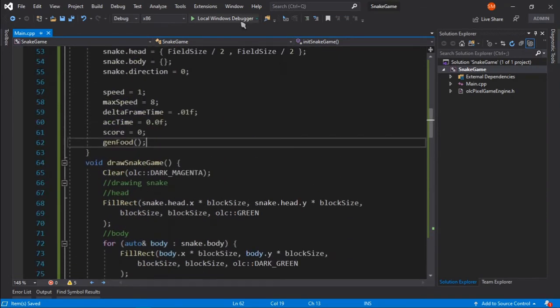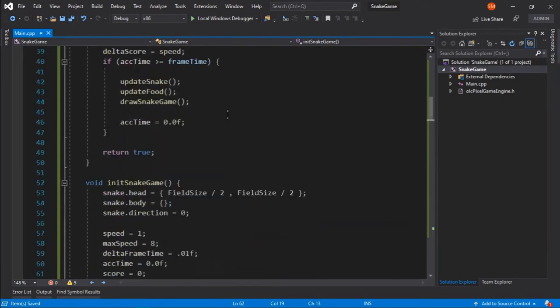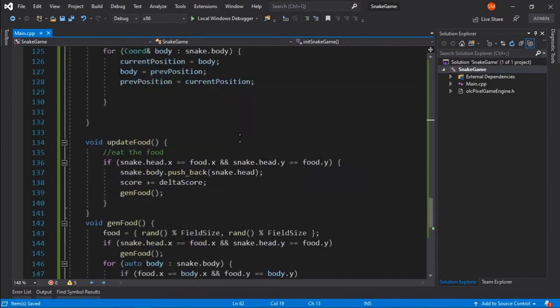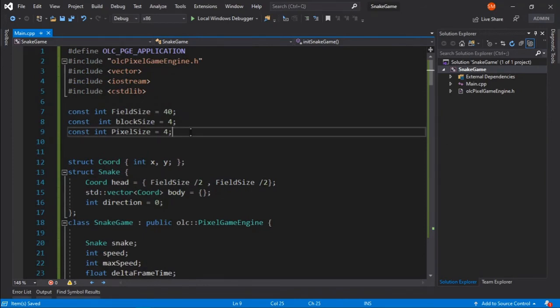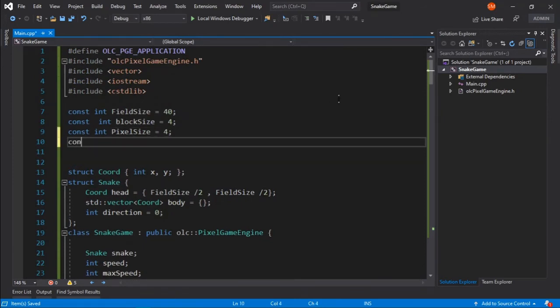Okay, so now we need to print the score. To print the score, I will have a bottom place. So I will have, let's say, const int bottom screen, and bottom will be, let's say, of 10 pixels.